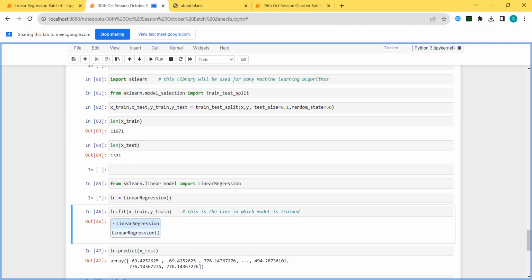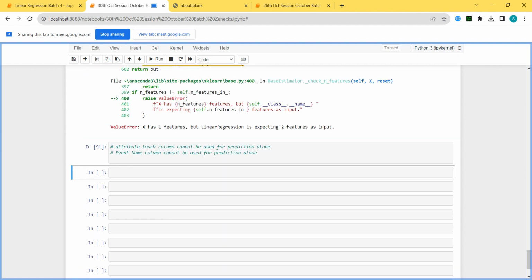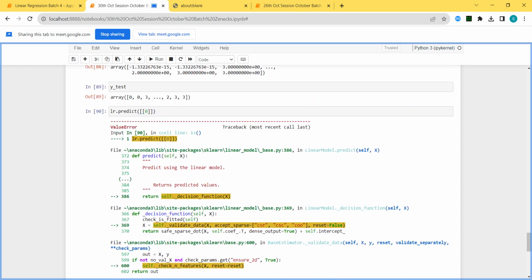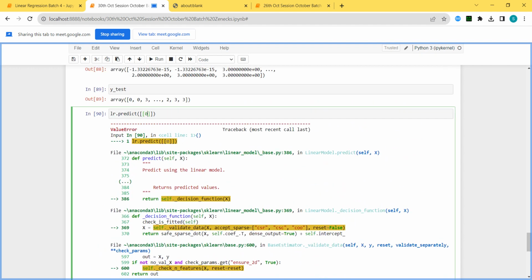Okay, training and test data, and now you can see 0 comma, let's say 1, 0 comma 0.